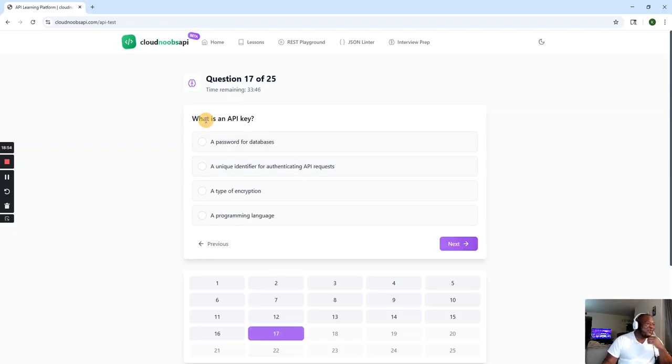All right. What is an API key? A password for database, a unique identifier for authenticating API requests, a type of encryption, a programming language. I would choose the second one. Yeah, identifier.